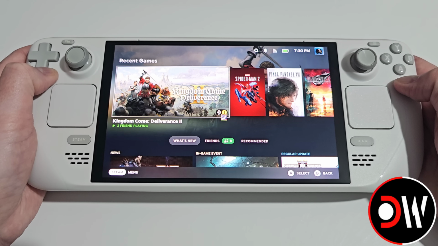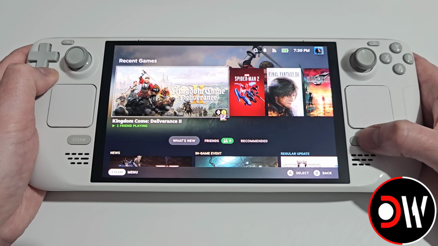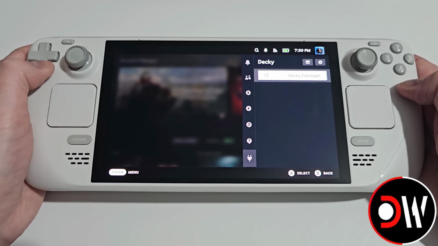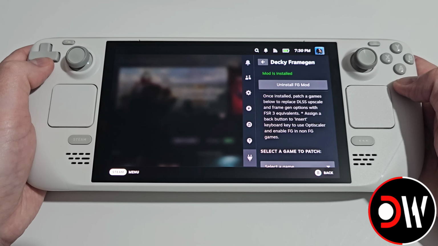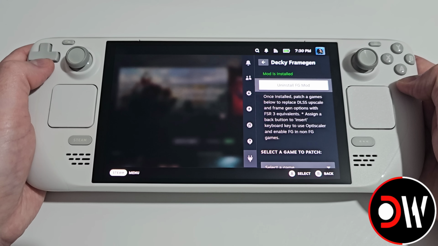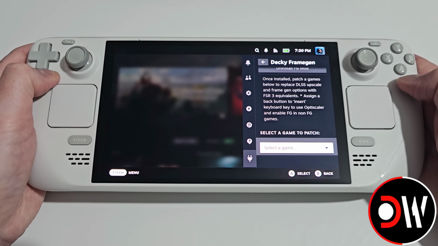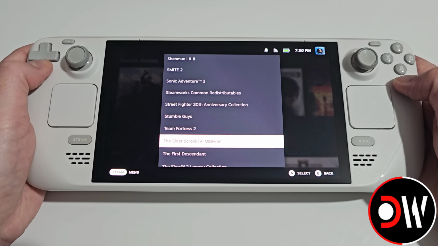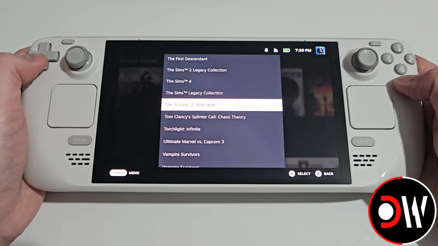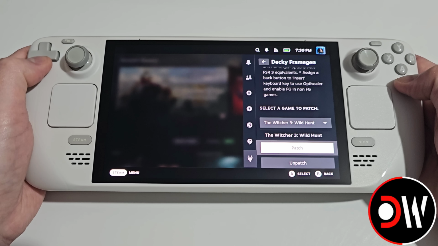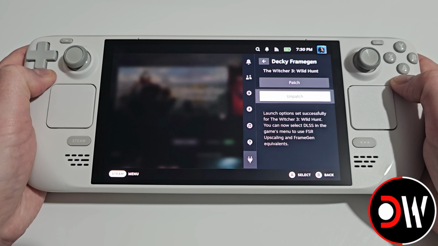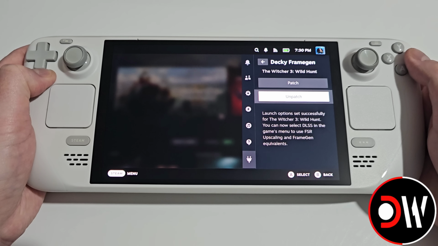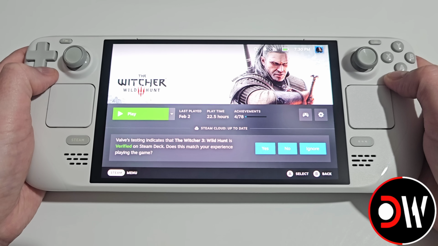This time I'm going to try The Witcher 3 with the mod just installed. I'm going to press the Quick Access menu button, go down to Decky Frame Gen. I don't need to install the FG mod again. Go down to Select a Game to Patch, and I'm going to go all the way to the bottom until I find The Witcher 3. Choose this, select Patch, we'll get our confirmation message, and I'm going to find The Witcher 3 in my library